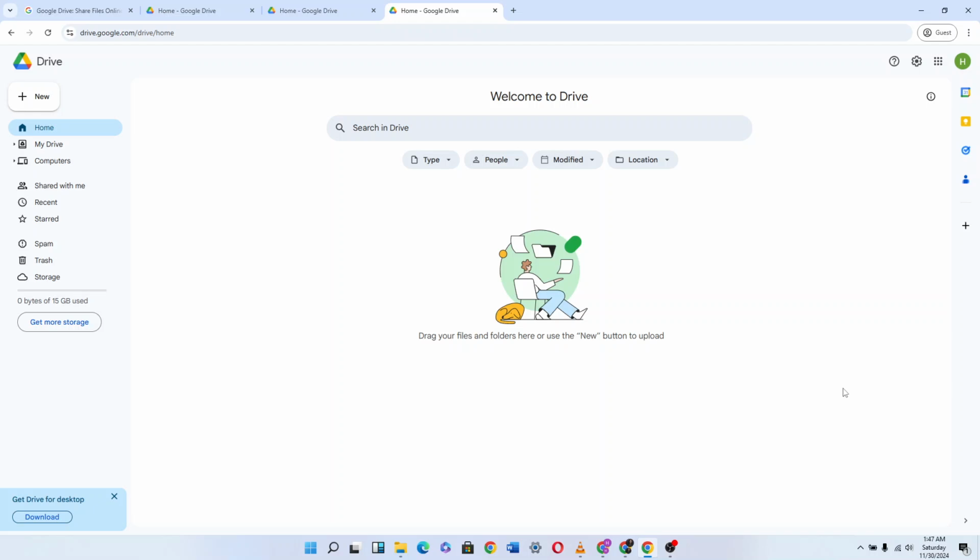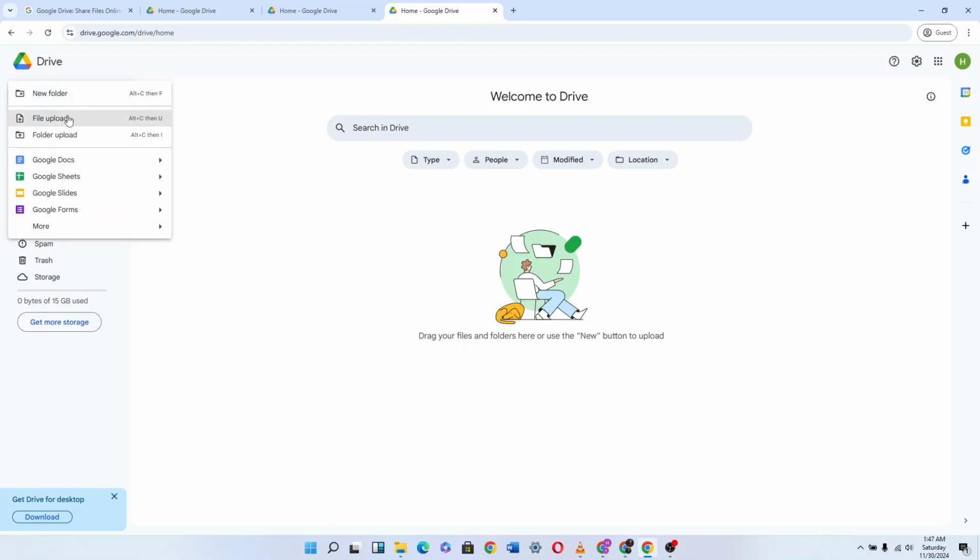All right, now I'm going to be talking about how to upload a file to your Google Drive. How do you upload a file? Because this Google Drive right now is empty, it's brand new, so there's nothing in there. Now we're going to go to the top left corner of your screen, this plus sign with the writing that says new. You click on that and some options will come out. So we're going to click on the second option here, this highlighted one that says file upload,